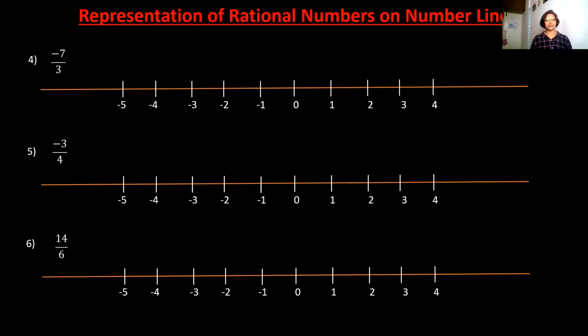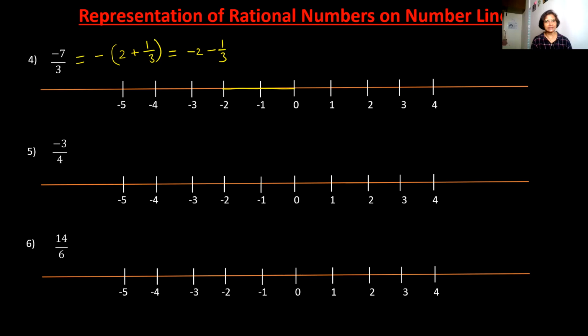Let's go for some more examples with a negative sign. If you are writing minus, you can write it in that way: 3 2s are 6 plus 1 upon 3. For more clarification, I am multiplying this minus sign into this bracket, so you can write minus 2 minus 1 by 3. Now these numbers both have a minus sign, so these numbers will lie towards the left of the 0. So minus 2 means this and this, till here you will go.